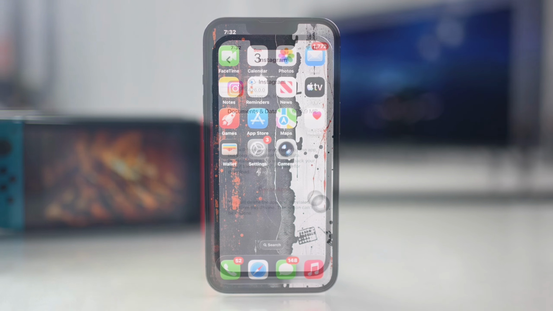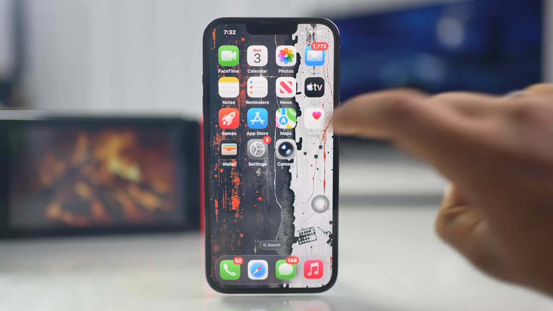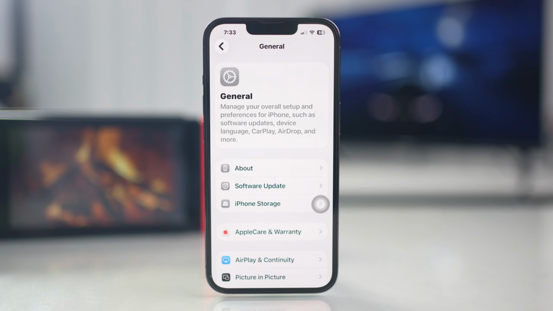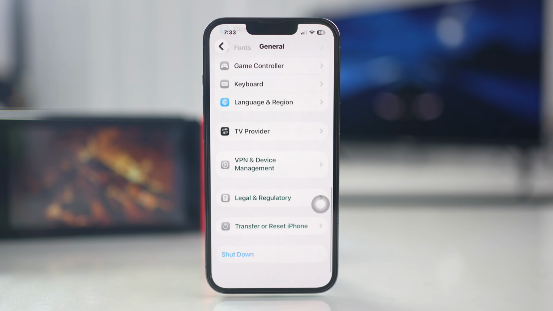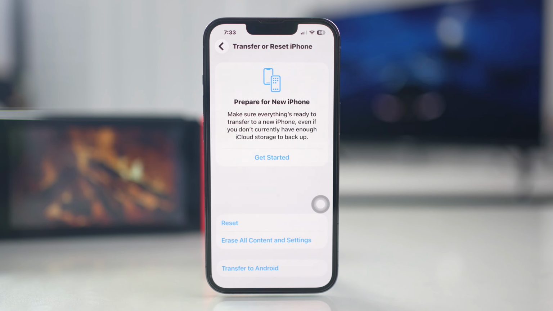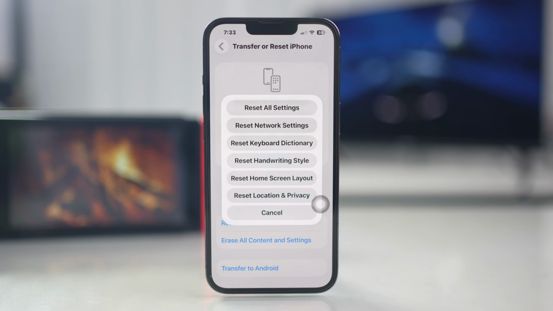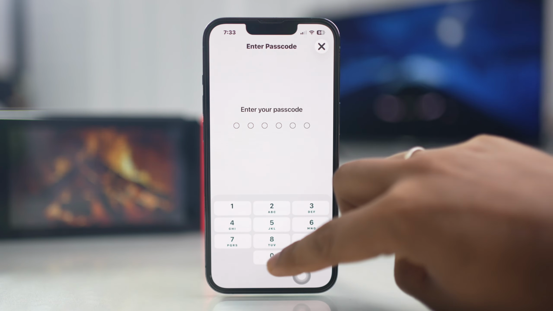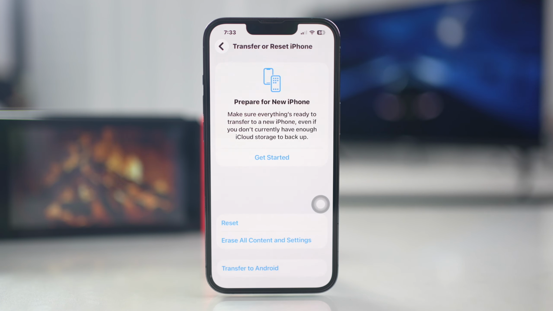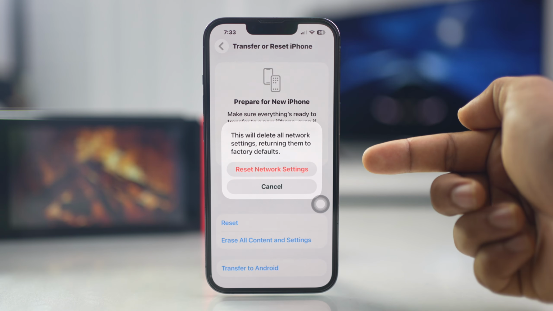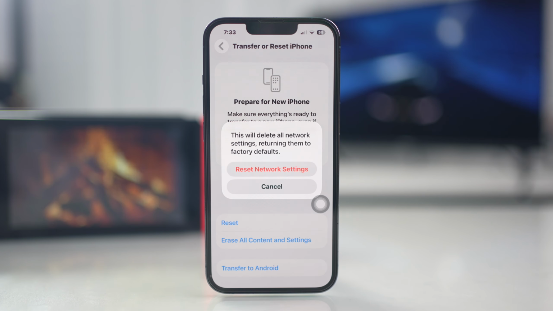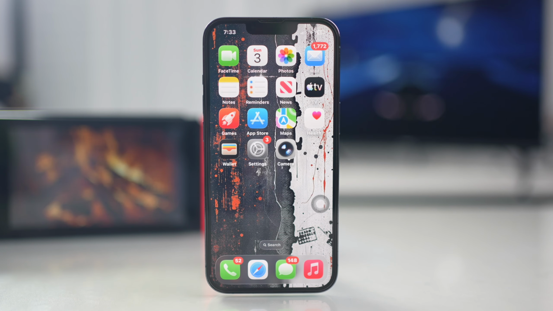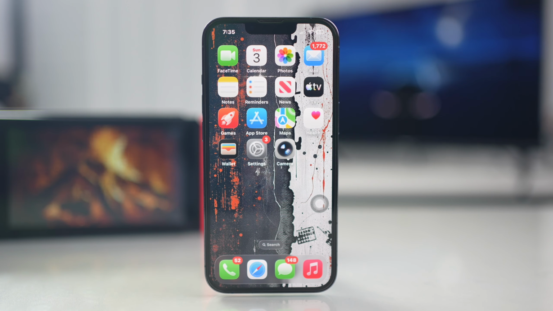Solution 3. Reset network settings. Open Settings. Tap General. Scroll down. Then tap Transfer or Reset iPhone. After that, tap Reset. Now tap Reset Network Settings. This will reset settings like Wi-Fi passwords but won't delete your data. Then enter the passcode of your iPhone if it asks. Tap Reset Network Settings again. After resetting the network, go ahead and check whether your problem is